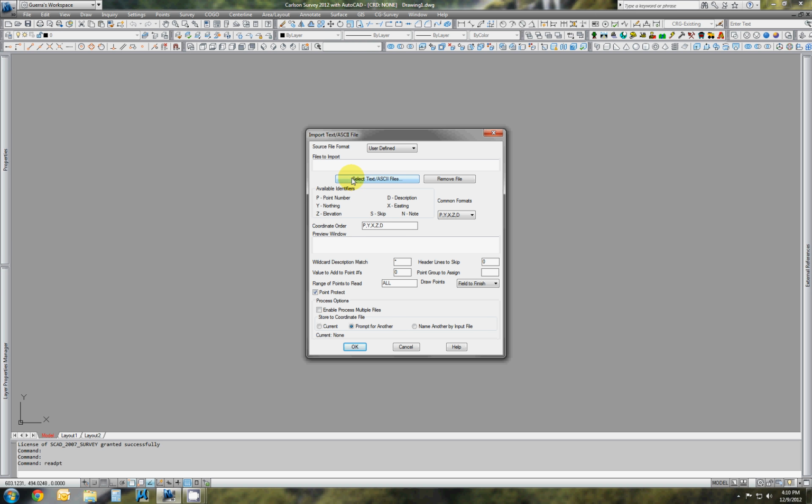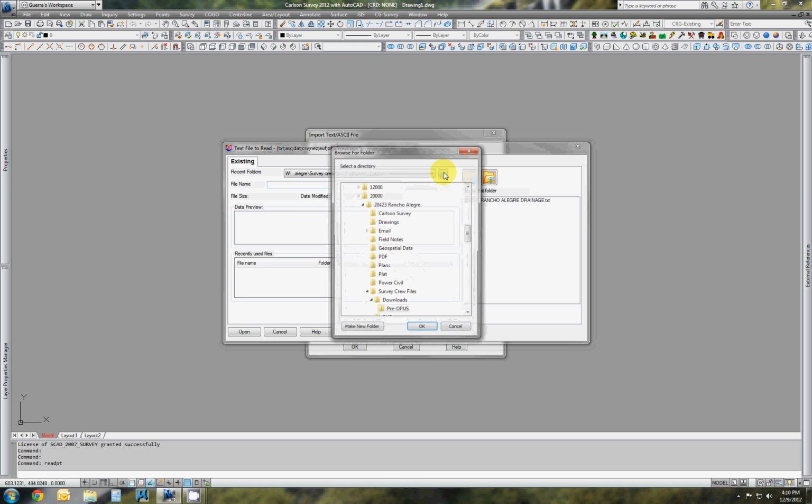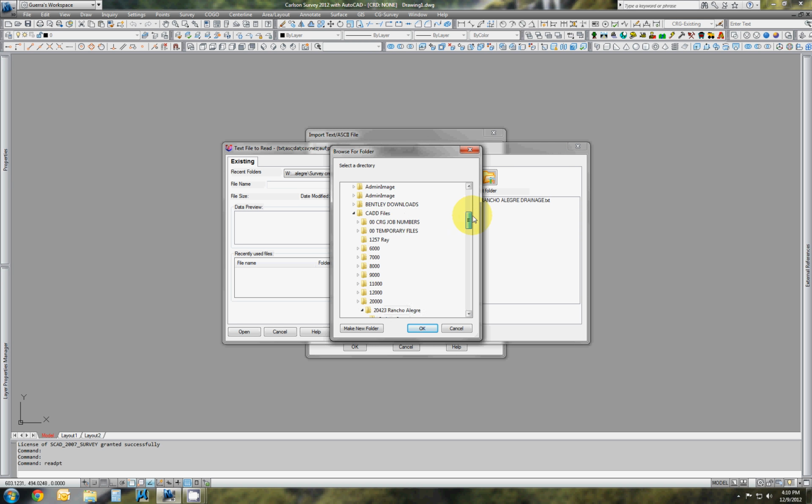Then we're going to come down here. We're going to click on select text ASCII files. And then we're going to click on here to browse for the folder. You should know what job you're working in. Today we're going to be working on the server under CAD, CAD files, 20,000, 20,423 Rancho Alegre, survey crew files,